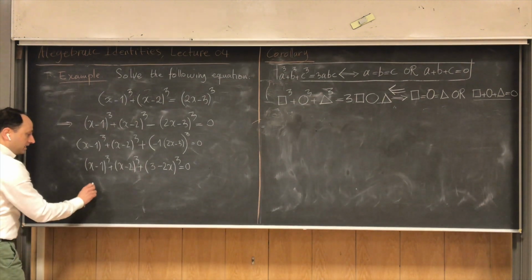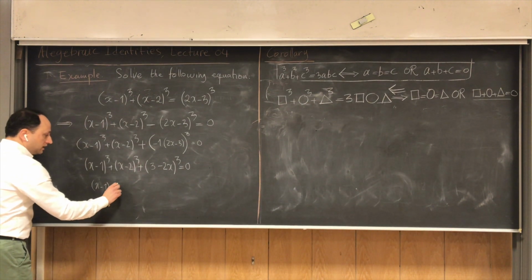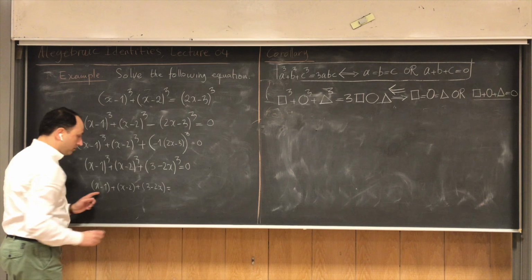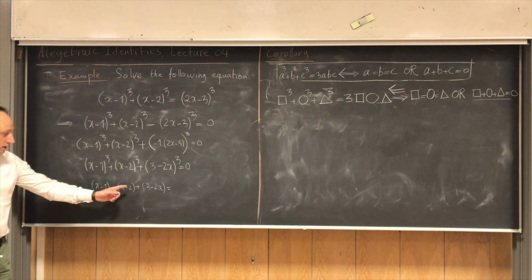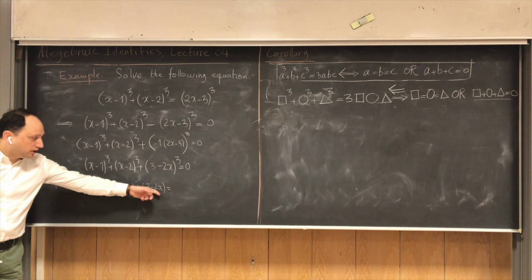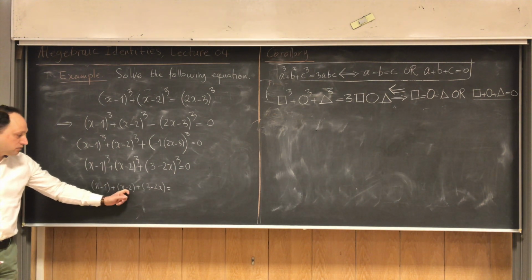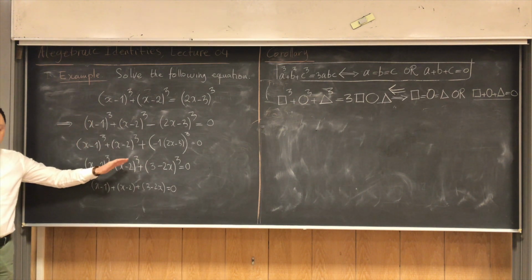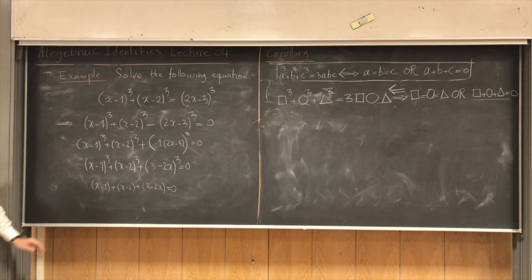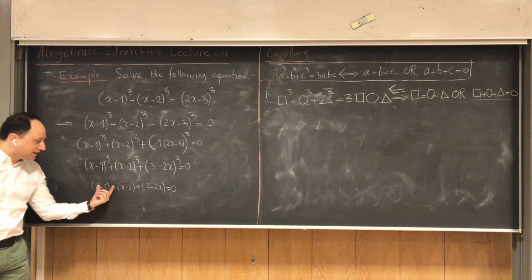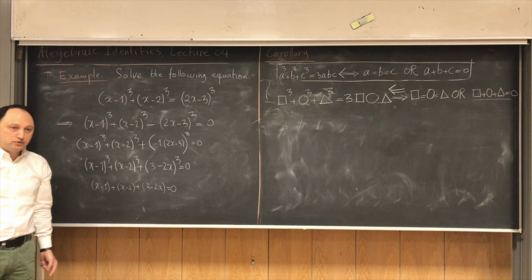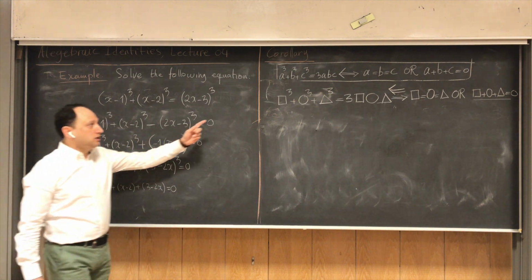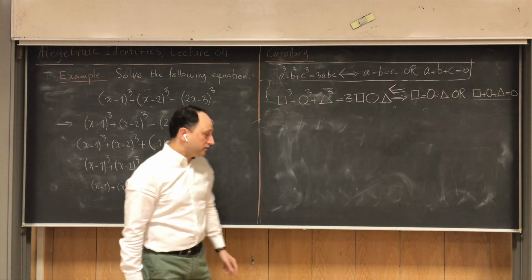If you see that x minus 1 plus x minus 2 plus 3 minus 2x, what is the sum? The sum of these three: x plus x minus 2x is gone. Minus 1 minus 2 is minus 3 plus 3 is gone. So this is 0. So that was more or less a coincidence, yes? These numbers have been fine-tuned in a way that you can use this theorem. So now what you see is that I know that the sum of 3 expressions is equal to 0. And I want to say something about the sum of cubes. Immediately I realize that the sum of cubes is 3 times the product. So this implies that